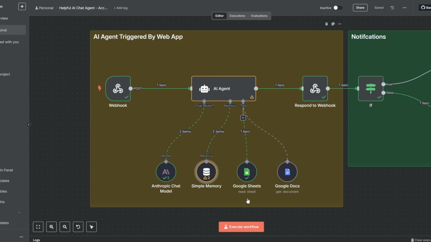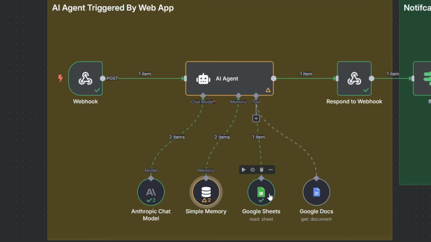Next, we have Google Sheets and Google Docs. Now, this is the super important piece that you need to get your head around if you want to set this up correctly. This example is set up for an accounting firm, so I've deliberately made it so we've got a Google Sheet and a Google Doc so you can understand how you can set this up in different ways